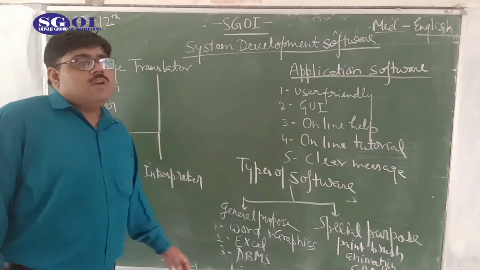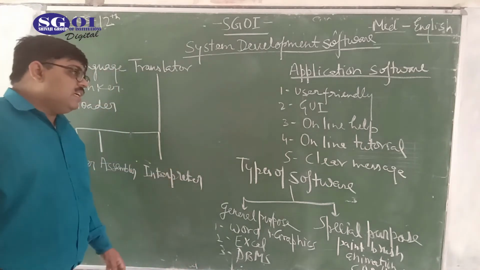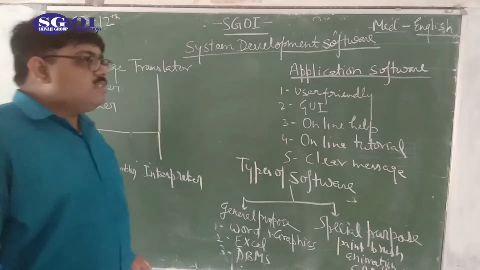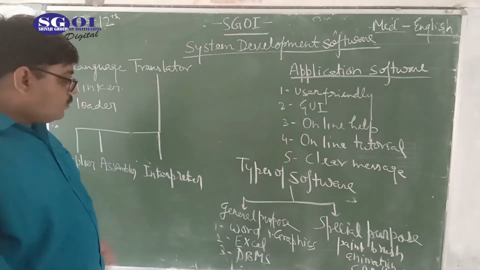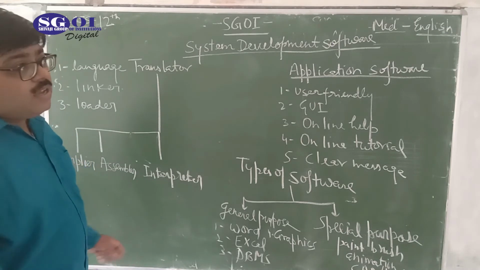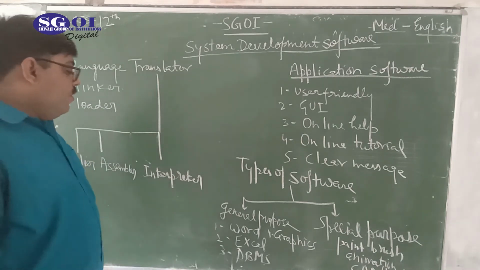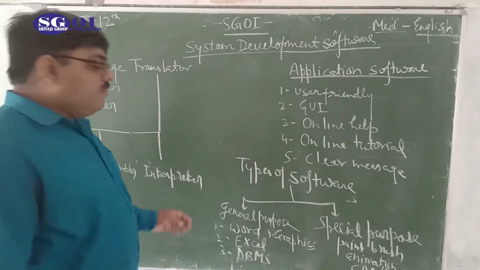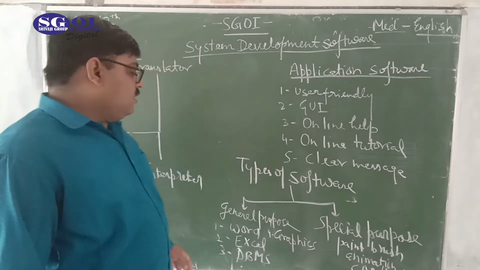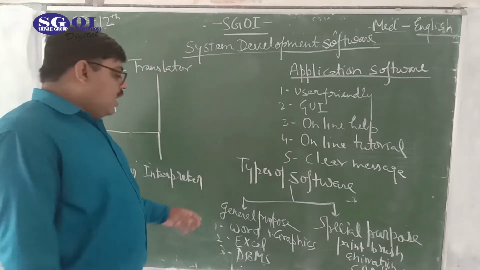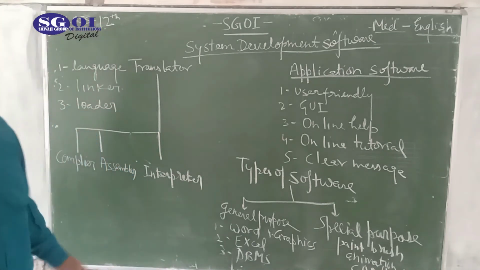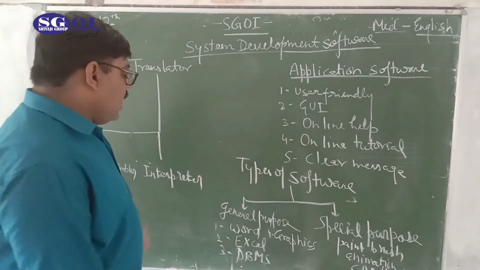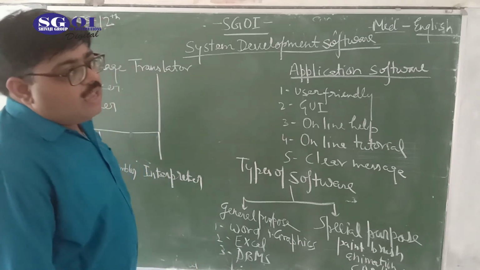Using Word, we can type our letters, messages, notices and any document which is related to our work. In Excel we can make big tables of data. We can save our data in the form of Excel. We can save the rate list of many things, and we can also calculate. We can also make ascending and descending order lists. So these are the work of Excel.